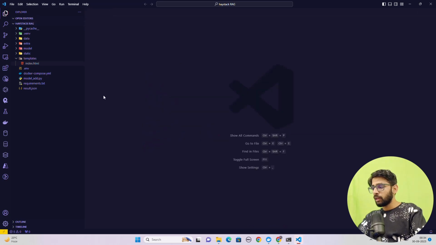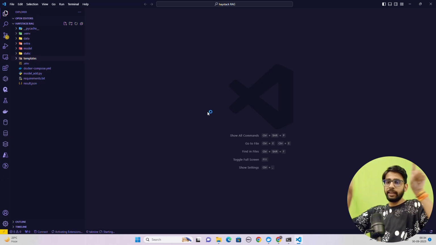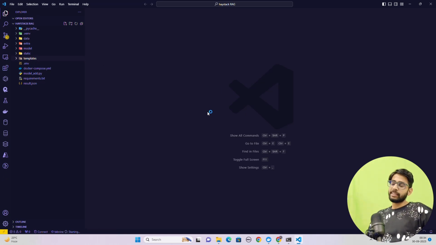Now I have two folders. One is static, other is templates. Now you could see the front end, the application Haystack rag implementation, the dark theme where I put a question and I got an answer. So what I'm doing here is I'm